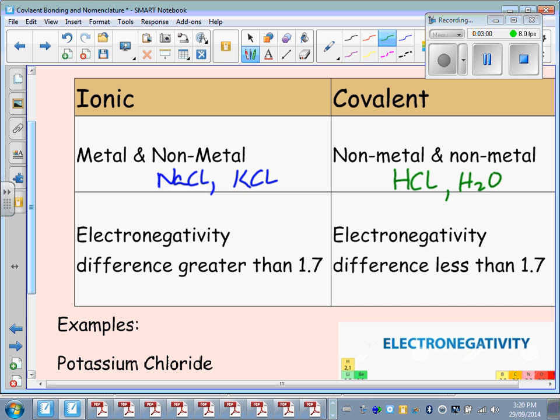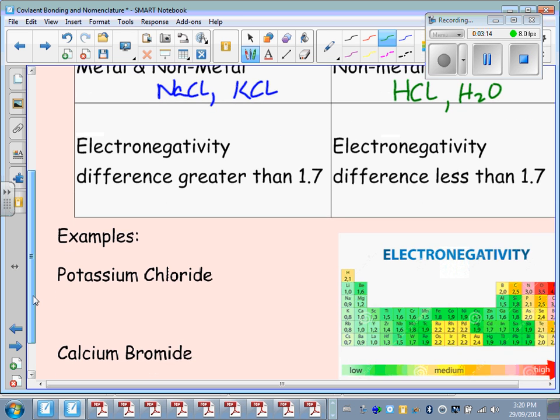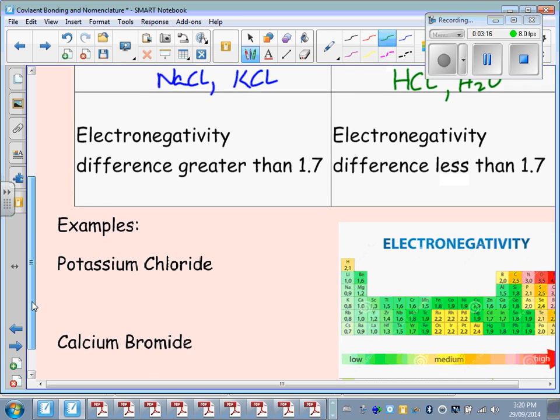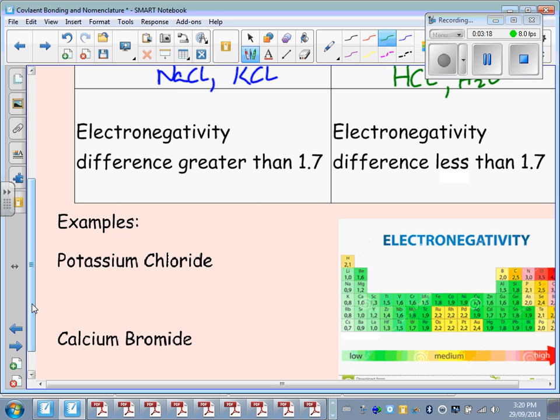The second way that you can tell whether something is ionic or covalent is to have a look at the electronegativities for each of the individual atoms. Now, how do you find that? Well, it's shown on a lot of periodic tables. If you look at your periodic tables, generally you will find that you can see electronegativity values. So there's a periodic table showing electronegativity values right here. And we're going to try and find out whether it was ionic bonding